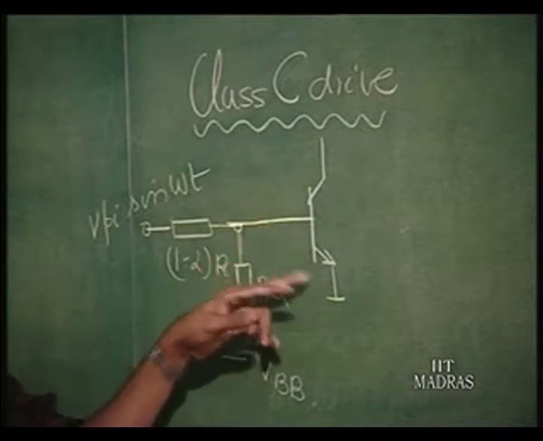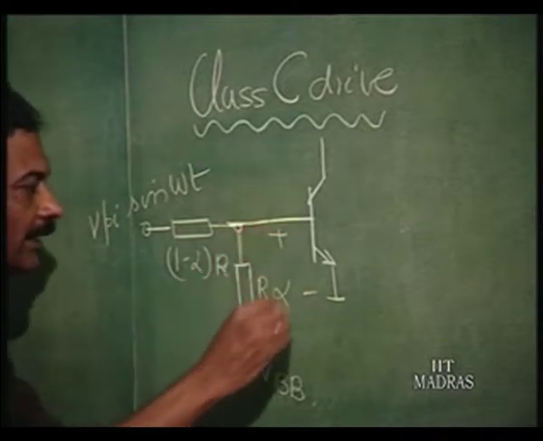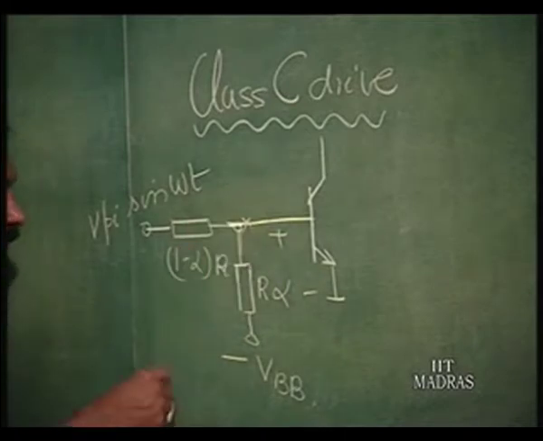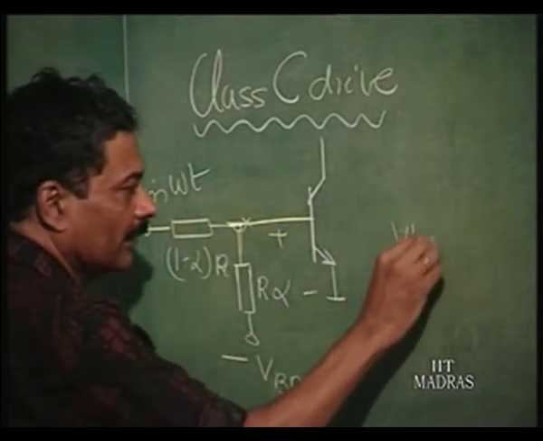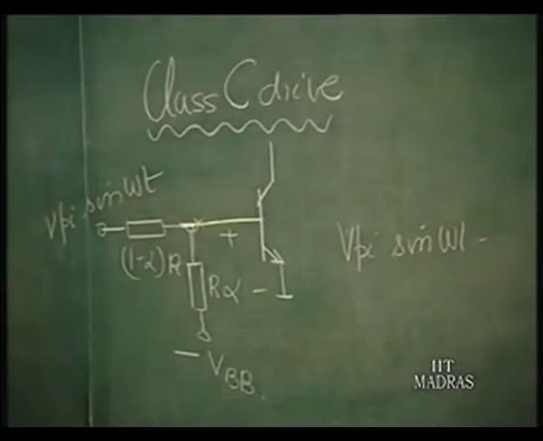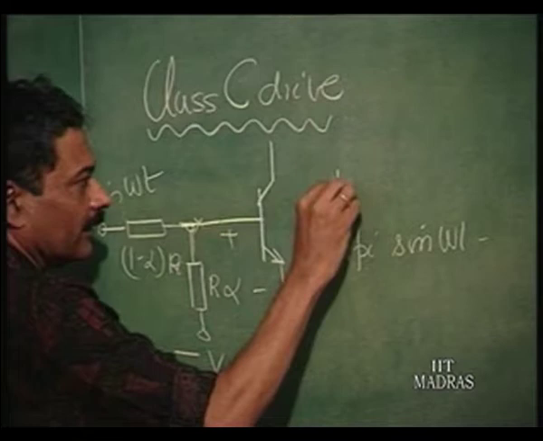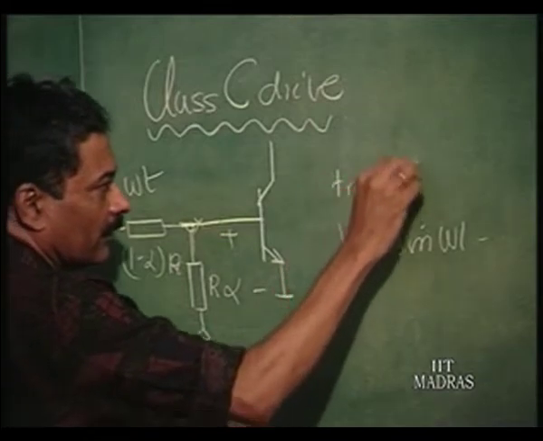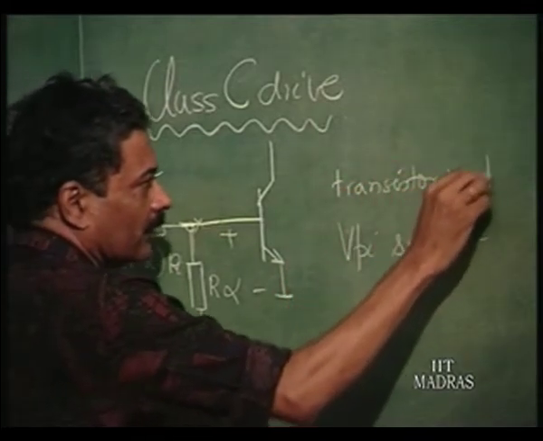So, we can say that the voltage here is now going to be fixed as Vpi sin omega t, as long as the diode is not conducting, transistor not conducting,